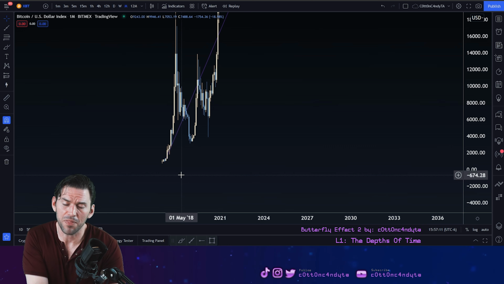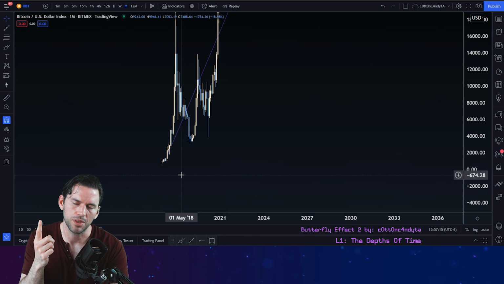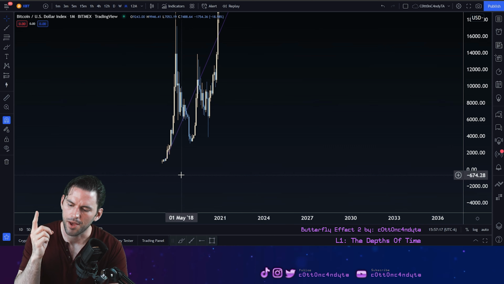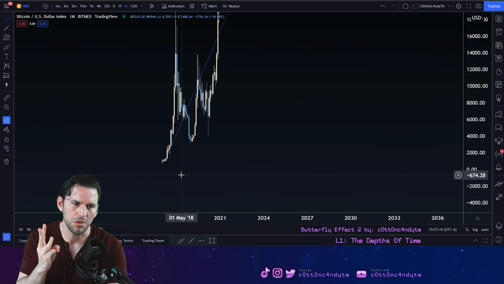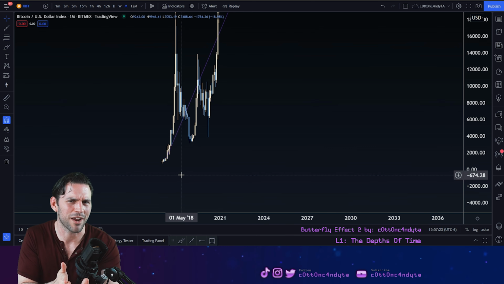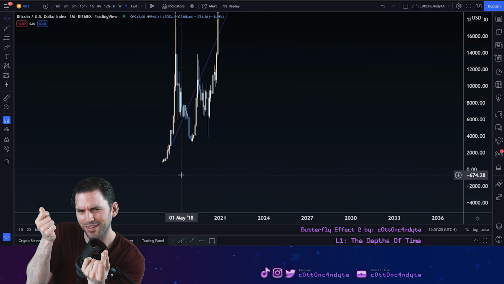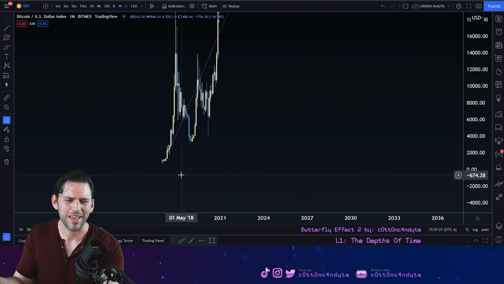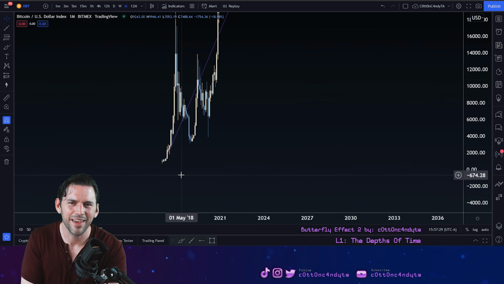The moment that the monthly candle could be formed, that would be the moment that the monthly would be the legacy, the weekly would be the global, and the daily would be the local, therefore phasing out the 12 hours. So there was a neat kind of shifting moment in butterfly effect 1, where all of a sudden I just stopped using that 12-hour candle, and everybody had always been asking why.